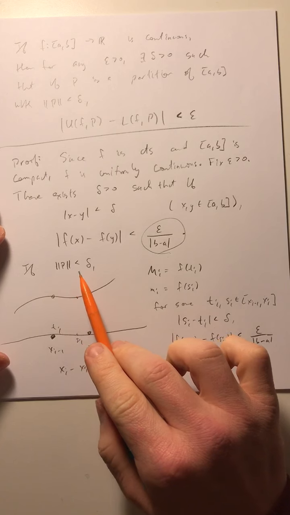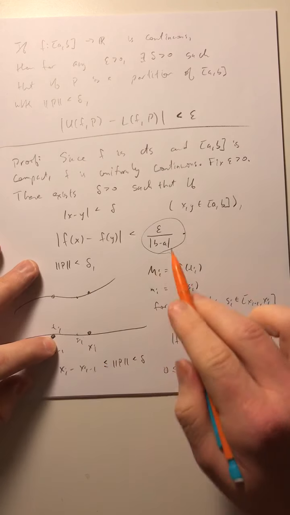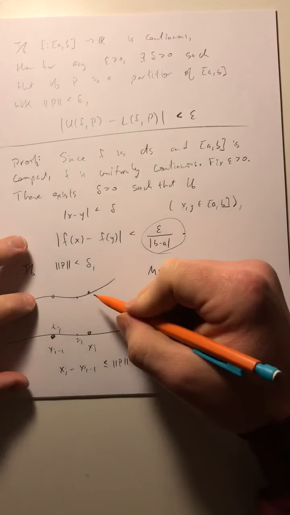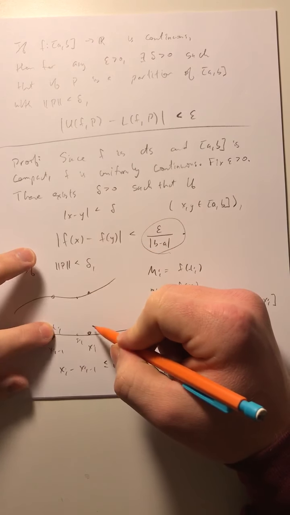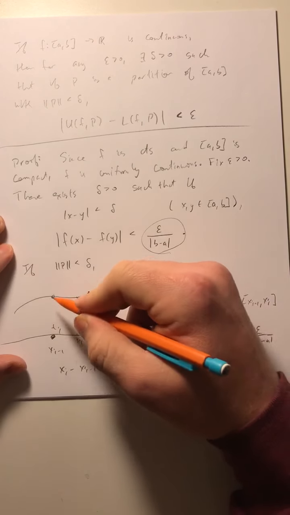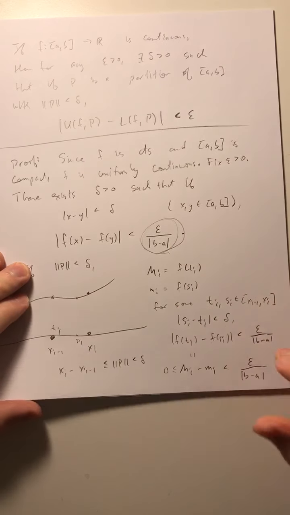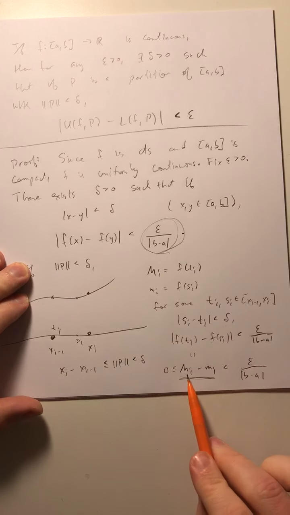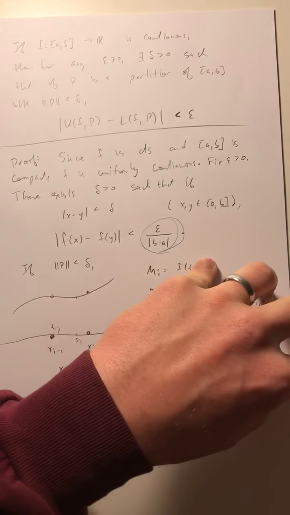If the mesh of my partition is less than delta, then anything that's happening inside a single interval, the function values are less than that apart. So what we're saying here is how much the function varies on any given interval is very small. It's less than this. So in any interval, because of this uniform continuity, the maximum and minimum are very close to each other. So now